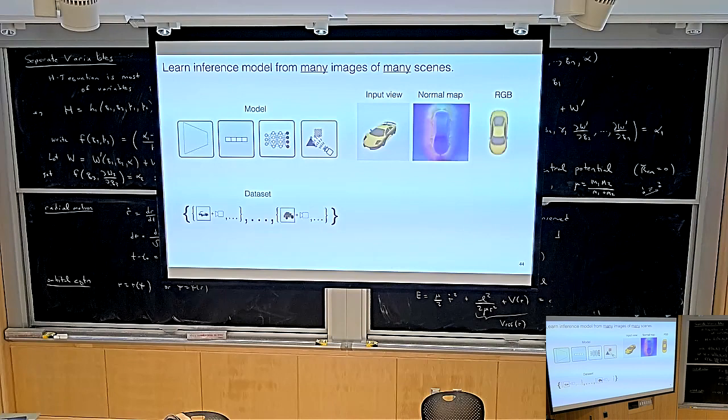Yes? Great question. Do you mean for this model in particular, or when you train it on ImageNet or something? In general, yeah. So the question is, if you take an autoencoder and train it on ImageNet, or a large data set of images, and you make the latent space really large, does that fix the problem? The answer is no. Even if you make the latent space really large, the autoencoder will still not discover a sufficient